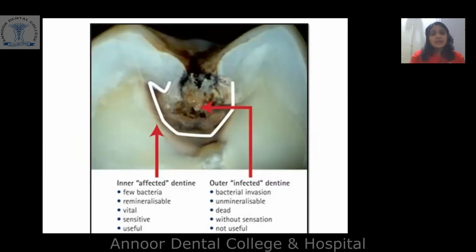So, the inner affected dentin consists of very few bacteria, which is remineralizable, vital, sensitive, and useful. Whereas the outer infected dentin consists of numerous bacteria, which is not remineralizable. It is dead, without sensation, and not at all useful. So it is mandatory we remove all the infected dentin that is soft and preserve the underlying affected dentin before